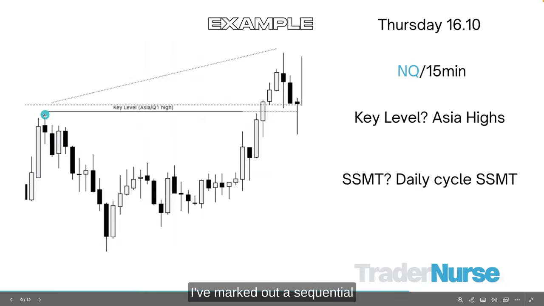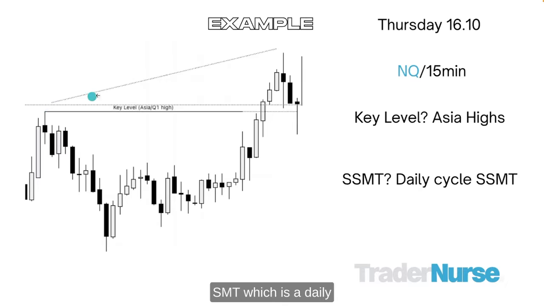I've marked out a sequential SMT, which is a daily cycle sequential SMT. You can see that in this particular time, this is around 2:15 here, or 2:30, and the reversal doesn't come until 2:45 and 3 o'clock. Okay, so the key level can be reached before this time. You just look for your sequential SMT to form